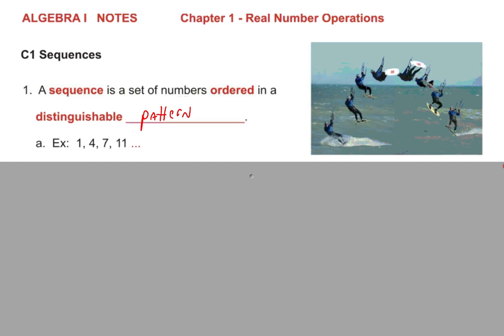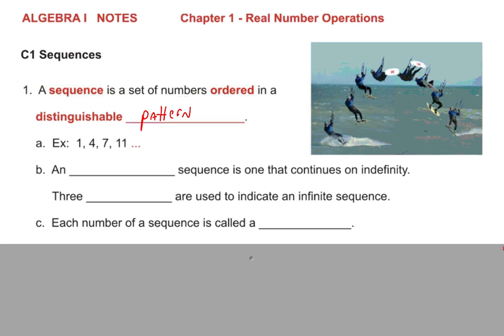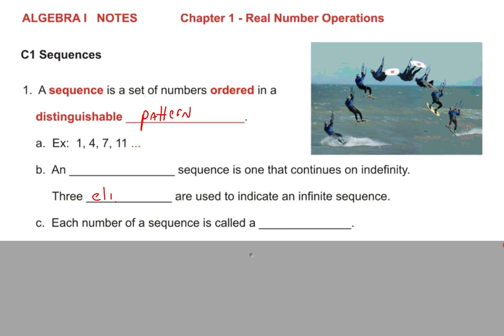What's the name of the dot, dot, dot? What are those called? 3 dots are called what? Ellipses. Let's go ahead and fill it in right here. Ellipses. E-L-I-P-S-E-S. What do 3 ellipses mean? They mean the pattern continues on forever. So this is an infinite sequence, right? Doesn't end. To infinity and beyond. All right. Buzz is too old these days, huh? Buzz Lightyear. All right. But anyhow,